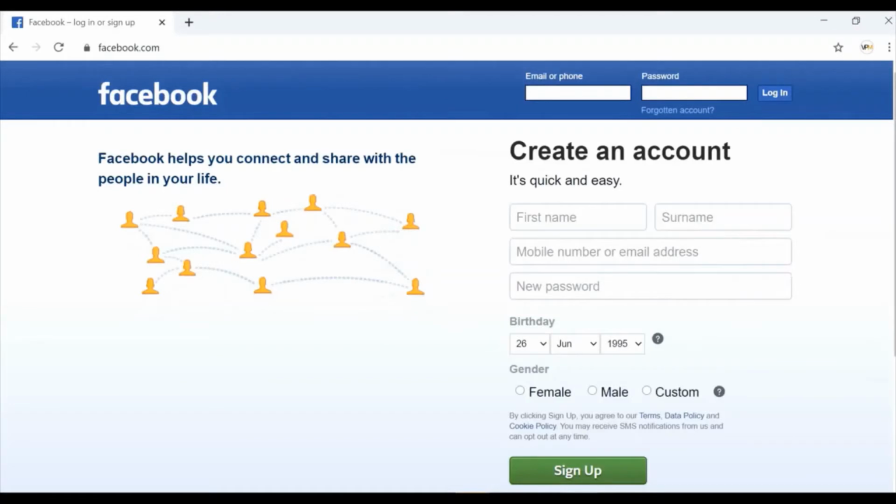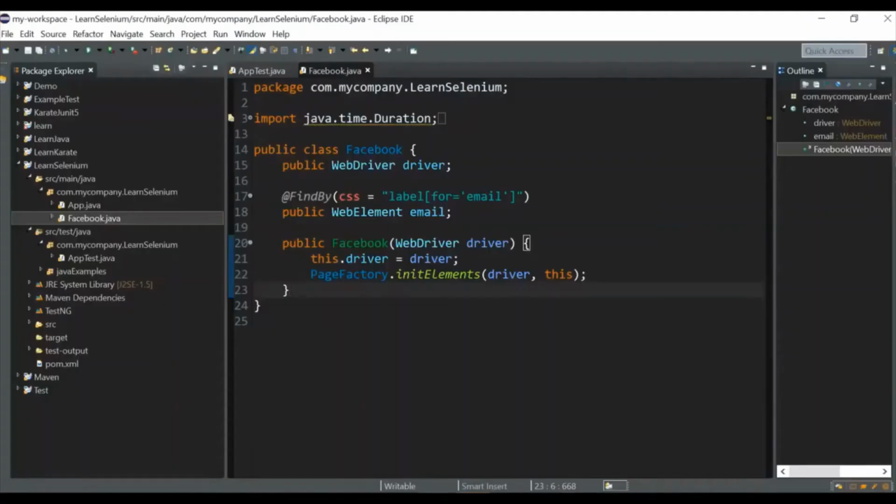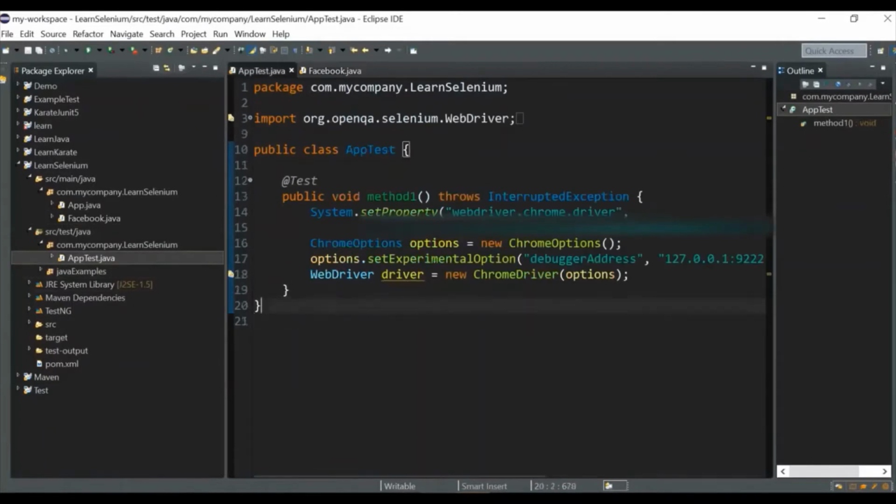In this video, I'm taking the Facebook site as an example. We will see whether the email field is present in the web page or not. First, we will check if the element is available in the web page, and then we will go to the second case. So I have written a sample script that is a test class and